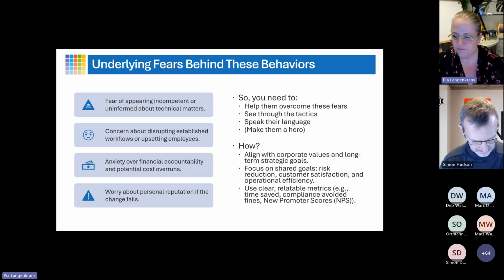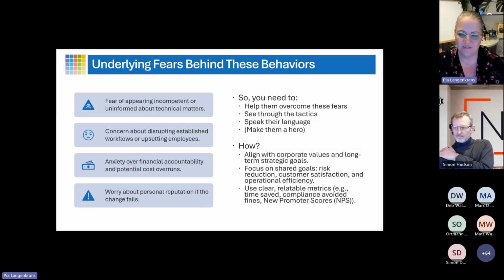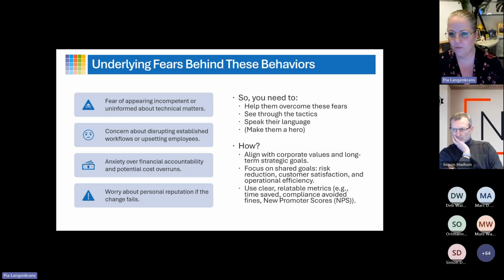And also the anxiety if they are the one accountable for making a bad decision and millions go down the drain, that's the ball that no one wants to be sitting with. And also the personal reputation. If this fails, you will probably not be promoted. And if you're trying to get a new job, that will come with you, because managers are more dependent on their reputation than workers. We who work or are experts can make a lot of mistakes as long as we learn from them.